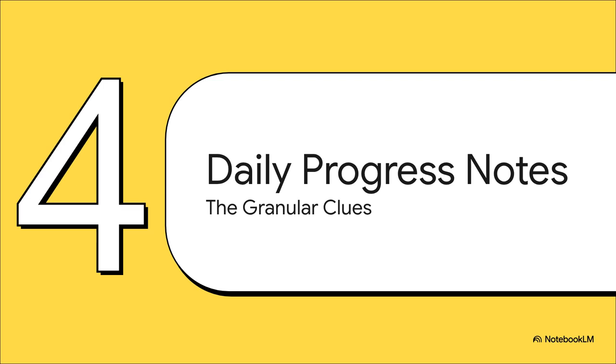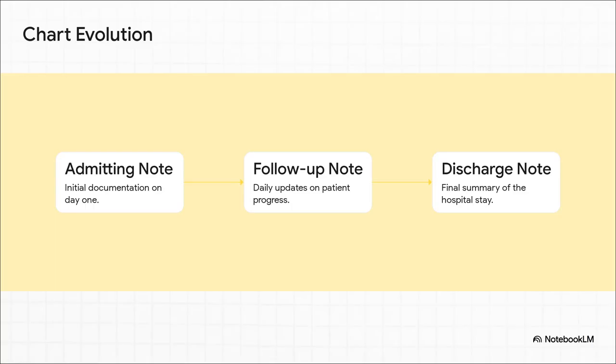All right, on to Section 4, Daily Progress Notes, the granular clues. So, a patient's chart evolves every single day, and that continuity of care is documented in 3 main steps. You have the admitting note, the daily follow-up notes, and finally the discharge note. Reading these chronologically lets you track the ongoing management of all the patient's conditions. This is where you see the real-time response to treatments, and honestly where brand new diagnoses might just suddenly appear